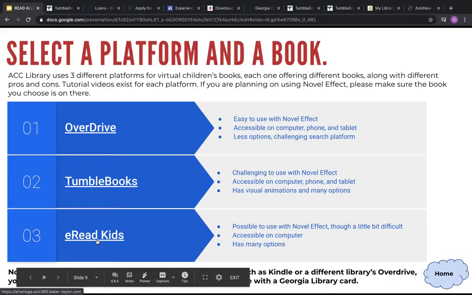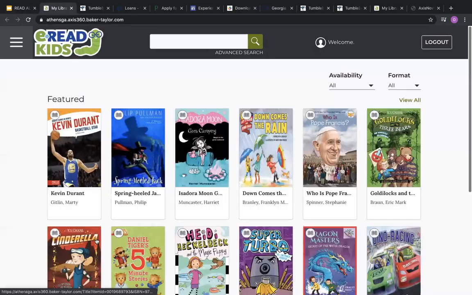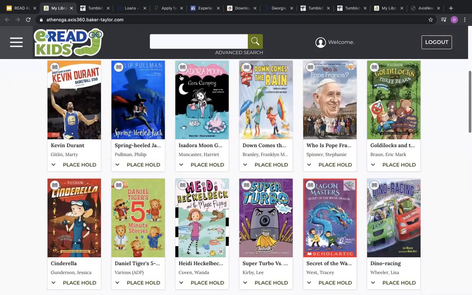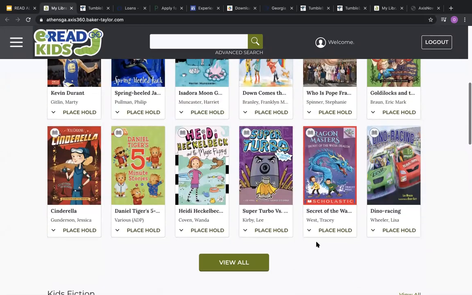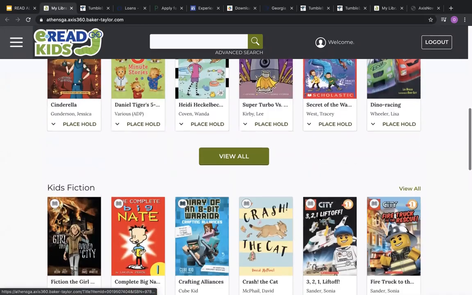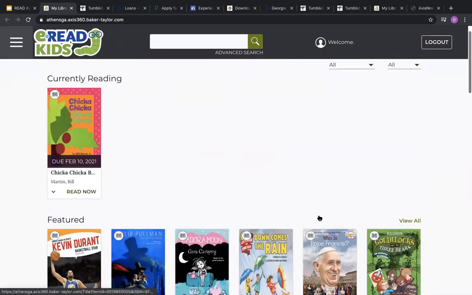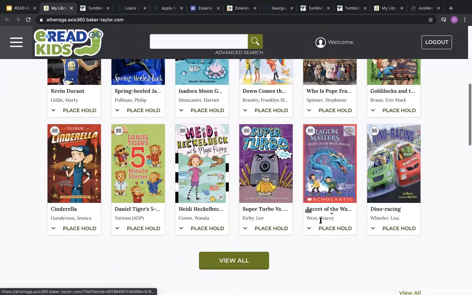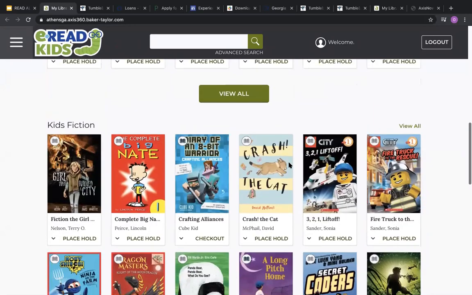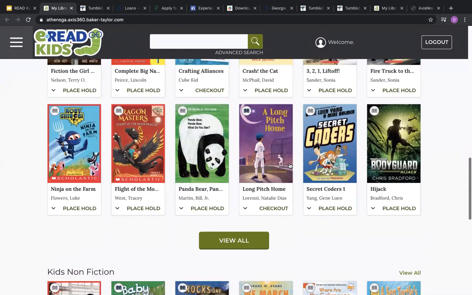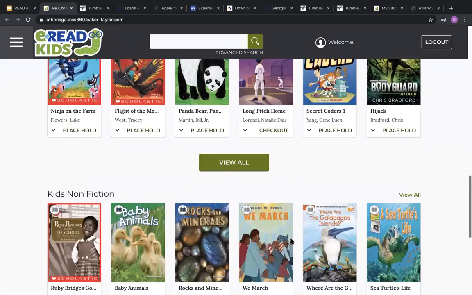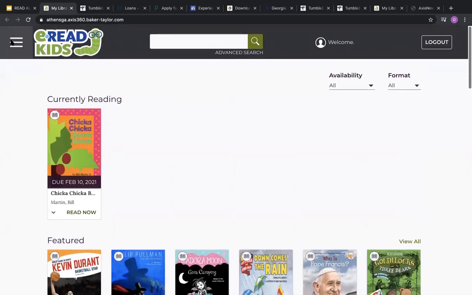And then the last one is eRead Kids. This one often has books that aren't available, so you have to place a hold. This is a project you really don't want to wait till the last minute on, because you may have to place a hold on a book. That's fine. We have no problem with that. For instance, with Panda Bear, what you see right now is place hold. But you can search,